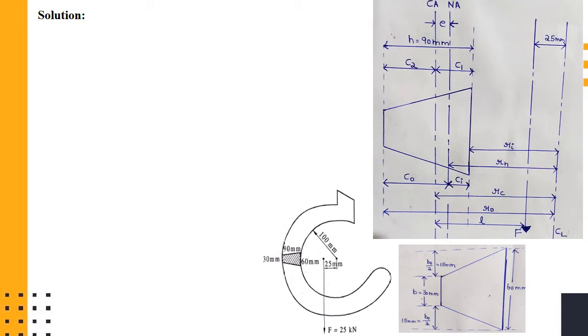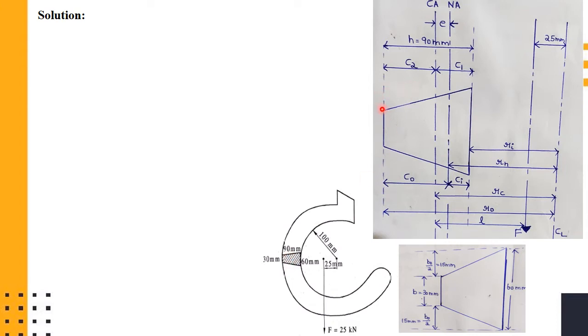As I've said in the first problem which we solved, the first step we have to follow is to draw the critical cross section of the cross section which is given in the problem. So this is the figure. I have put it again here so that it will be a reference for you. And the cross section of this particular problem is a trapezoidal cross section.